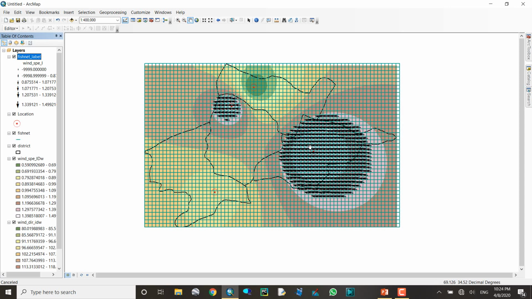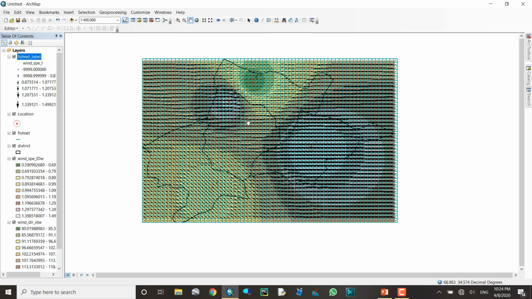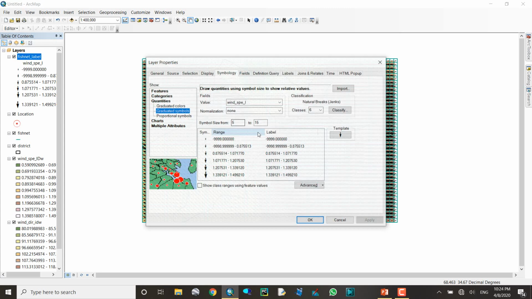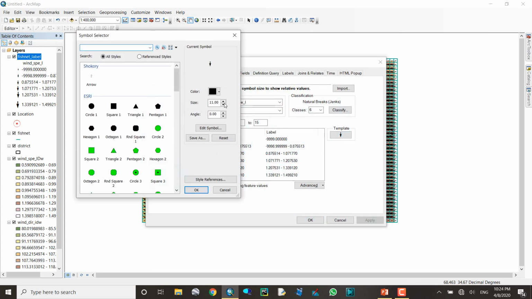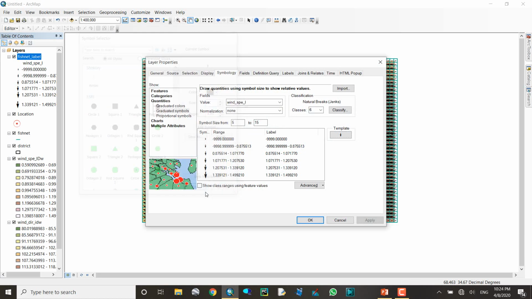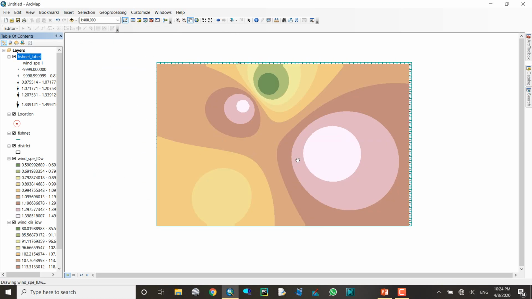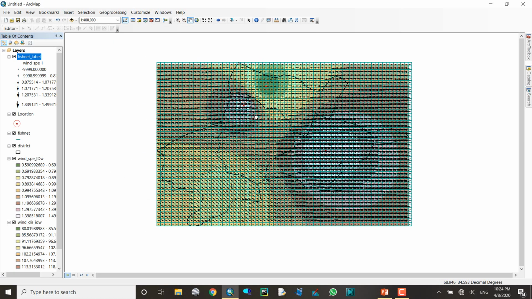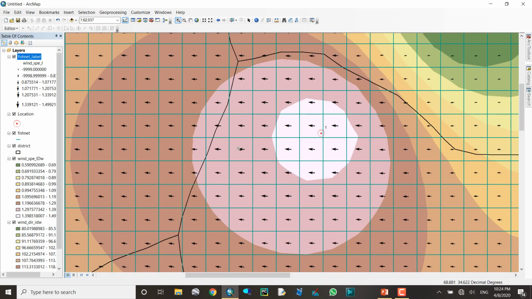Now it's great. Now I come here, the size should be 8. Now it's great. Here you can see if I zoom in this side, you can see the direction of